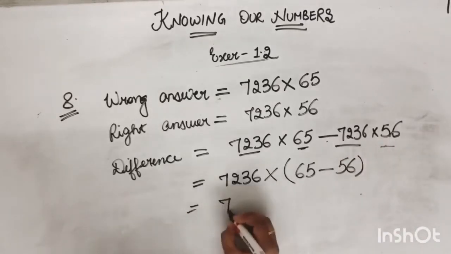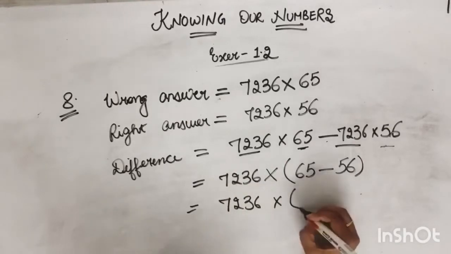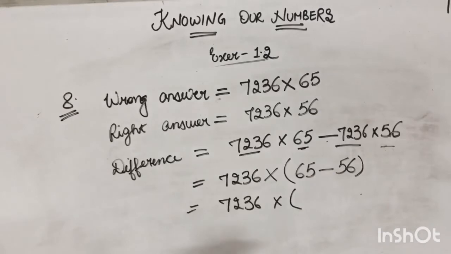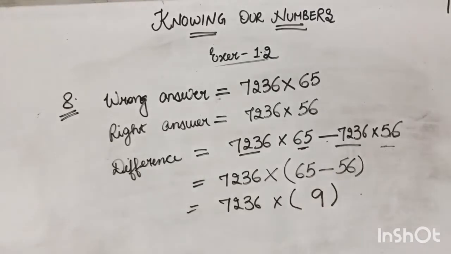So now solve this. 7,236 into 65 minus 56, which is 9. So multiply these two numbers. Answer will be